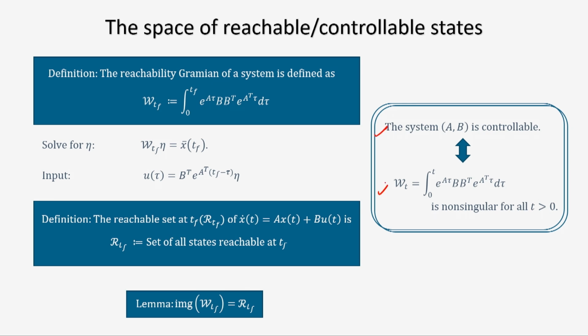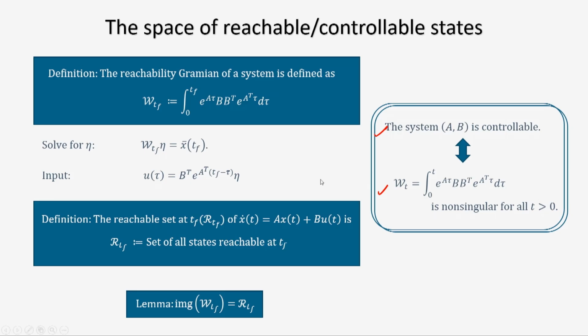If you can show that the controllability Gramian is invertible for any time you give, then the system is controllable. If the system is controllable, then the controllability Gramian will be non-singular. That is what is being said. And one important thing is that the image of the controllability Gramian is the controllable space. So, the places where you can reach are given by the image of WTF.